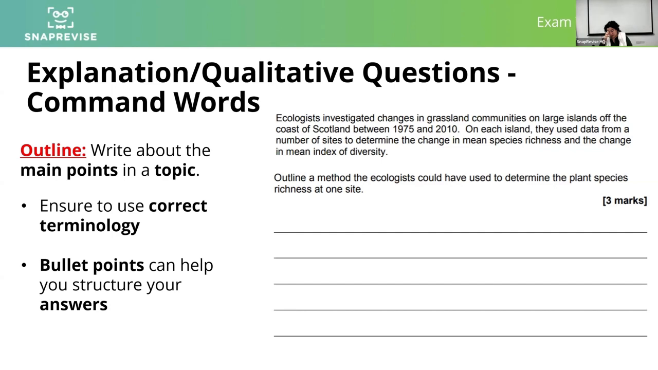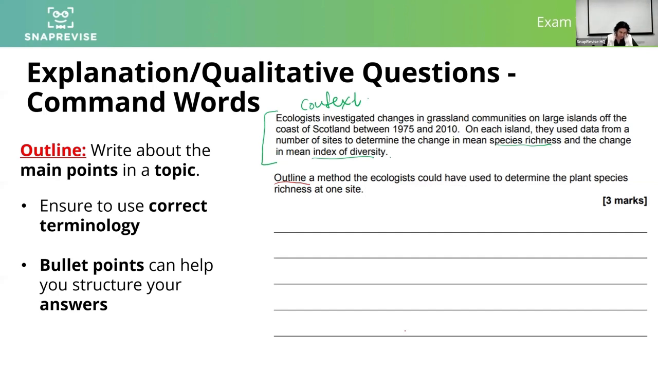Let's break down the question into our 3 parts again. So my context is all of this. Context. So it tells me that I'm dealing with these concepts of my specification: species richness, index of diversity. My command word here is, of course, outline, and my direction